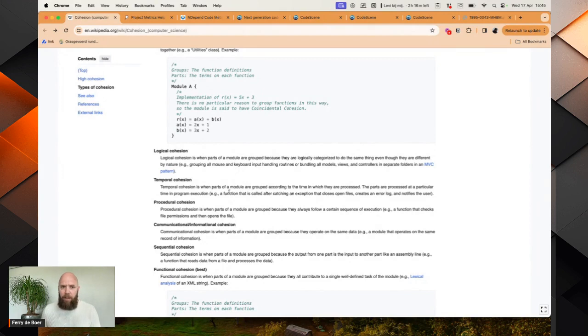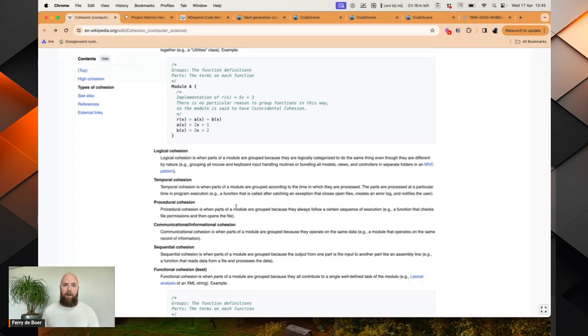Well, that was the temporal cohesion. Procedural, so it's not necessarily in time, but there is similarity in terms of that. Those elements are called in a specific sequence, which implies that you need to call one before the other. So there is a bit of a relation to the temporal one, and